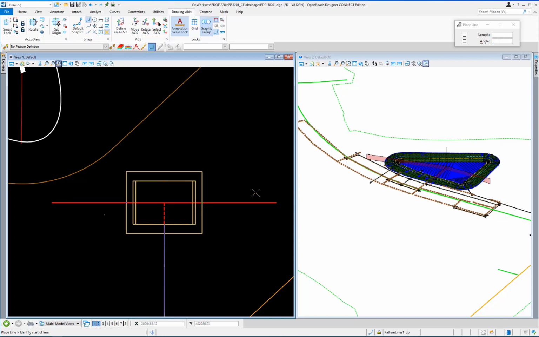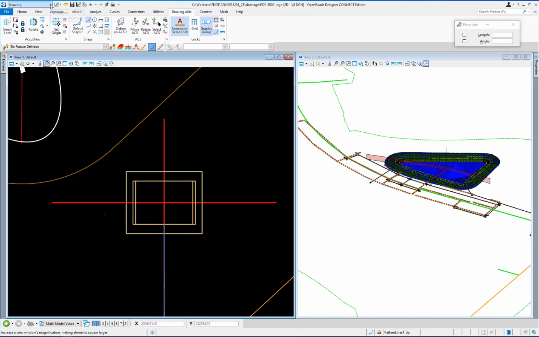Snap to the end of the red dashed line inside the structure. Left-click on the Set Origin icon again and move the cursor up the screen. Hit Enter on the keyboard to lock the AccuDraw axis to vertical and type 6. Left-click to start the second pattern line. Move down the screen past the structure and hit the Enter key to lock the AccuDraw axis to the vertical. Type 12 on the keyboard and left-click, then right-click to complete the second pattern line.